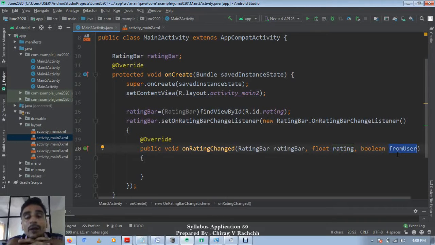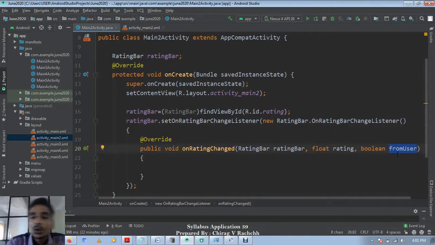Then there is an important parameter, fromUser. While discussing this rating bar in theory, I told you that there are cases when the value of the rating bar is programmatically changed by us, the developer. So it is good to know whether the value is changed programmatically or by the client's interaction, because in most cases, whenever the client changes the value of this rating bar, we would be interested to know.